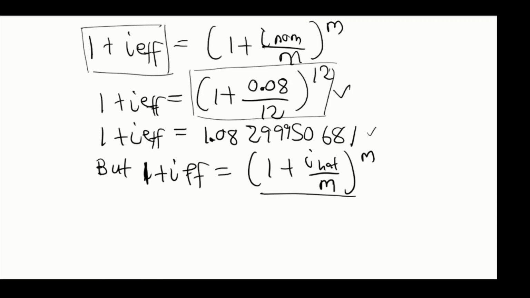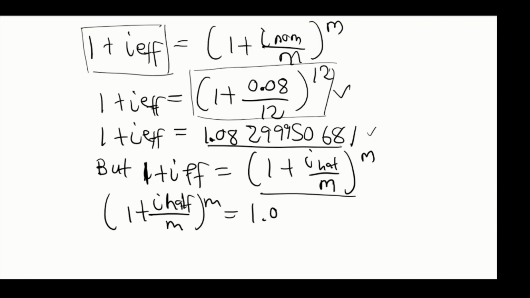So this portion here is equal to the number there. So it's going to be 1 plus i half over m to the power m equals 1.08299950681. To find the value of m,